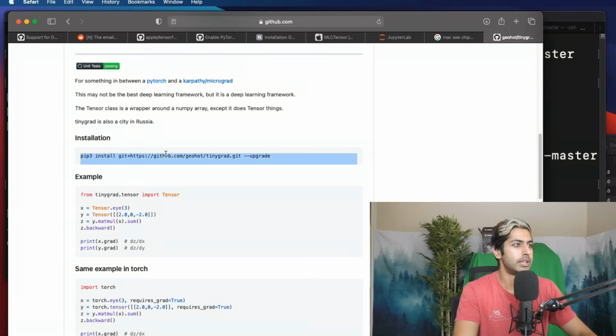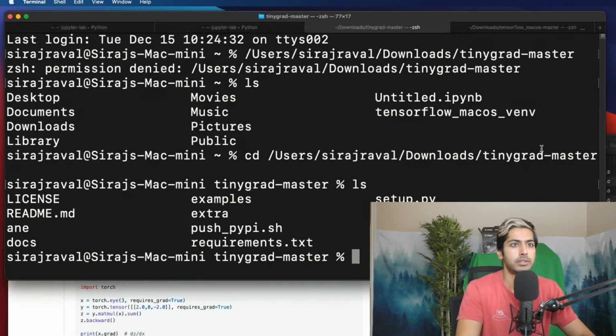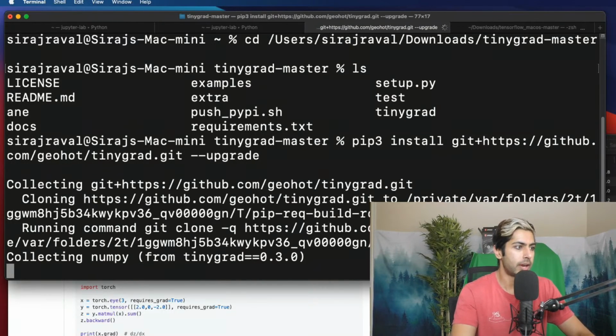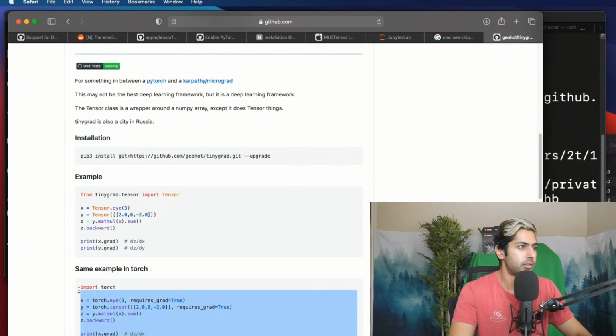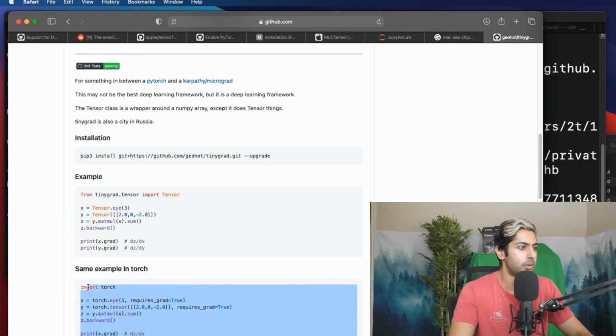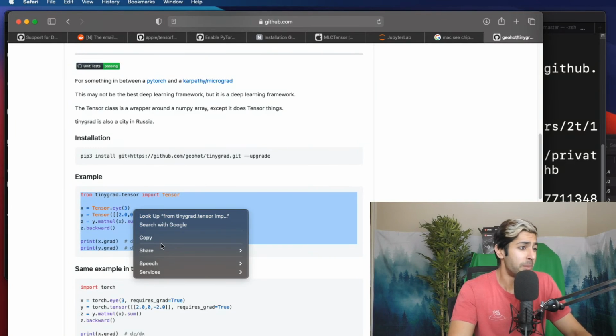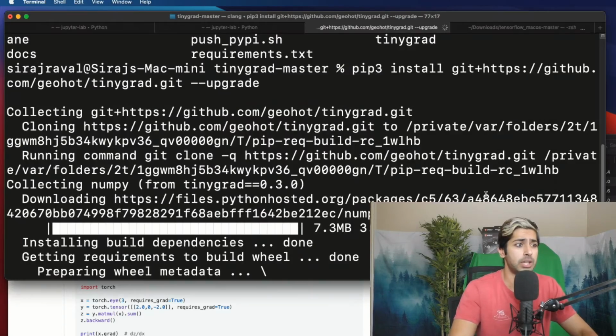And so we're going to install this library using pip3. So let's just get right into it. All right, we're installing TinyGrad, and then we're going to open this. We're going to run the TinyGrad example, and then mess around with it, modify it, and then see if we can trigger the Apple neural engine from it somehow. We'll see how we can do that. So while this is installing,